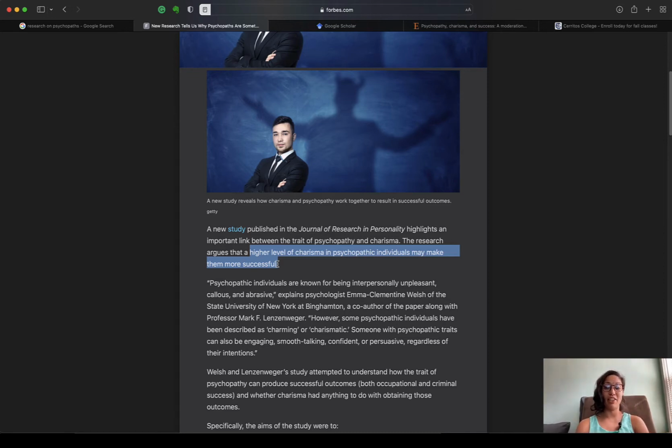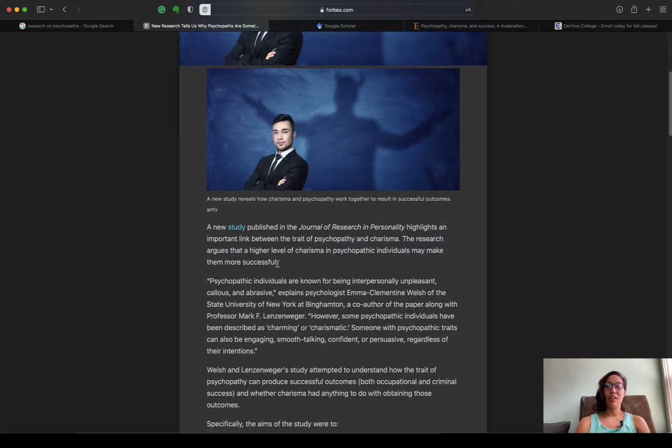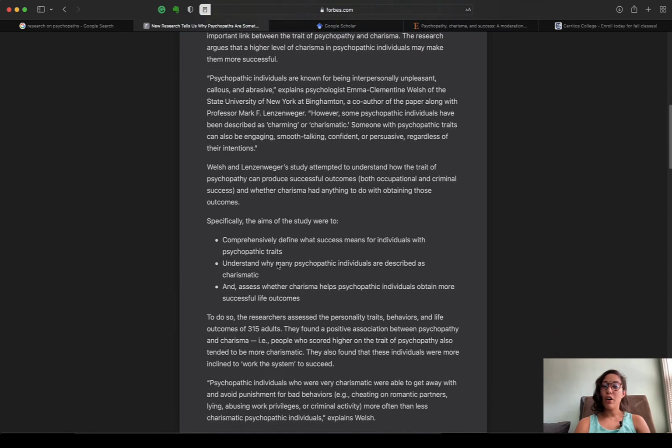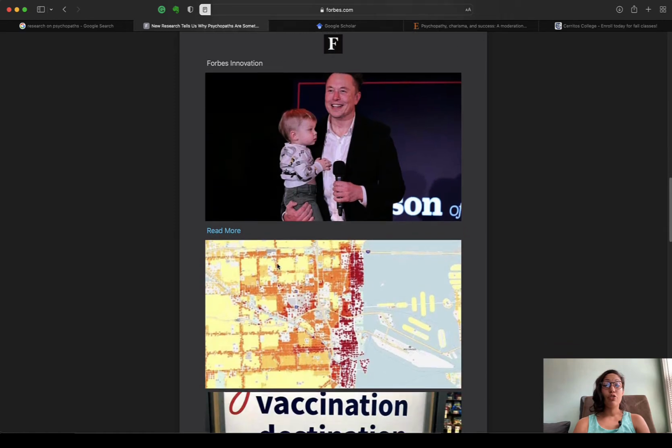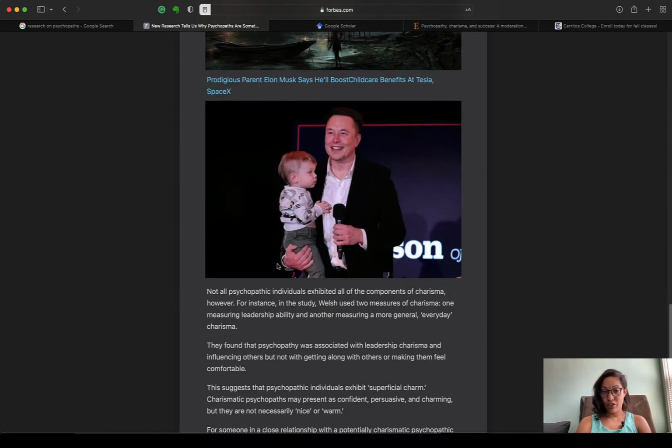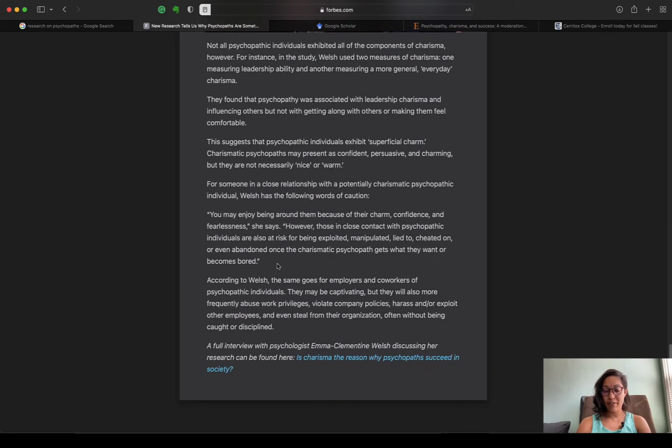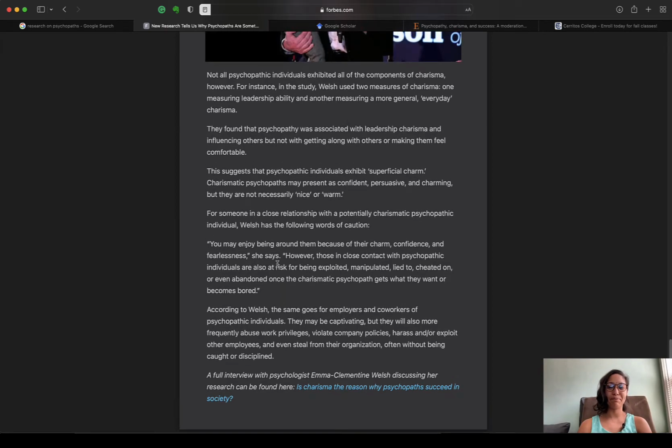This grabs my attention. So I can read this whole article, and I can do the lazy thing, which is just read this to the bottom, send it to my group chat and say, wow, doesn't this remind you of Emily? She's such a psychopath. Oh my gosh. That's how rumors get started. So I can do the lazy thing, or for this assignment, I can do the scientific thing.